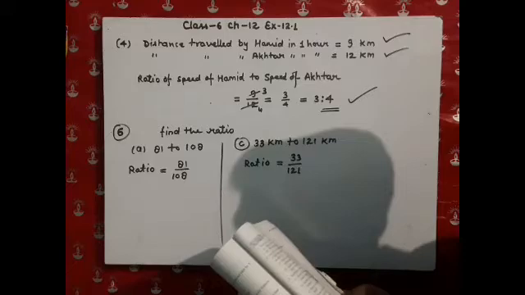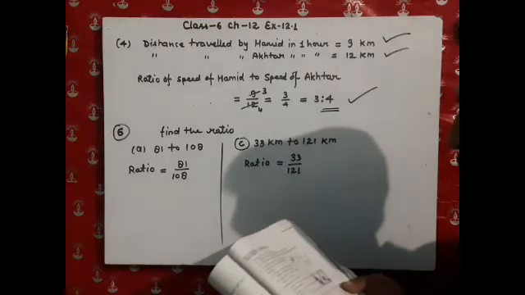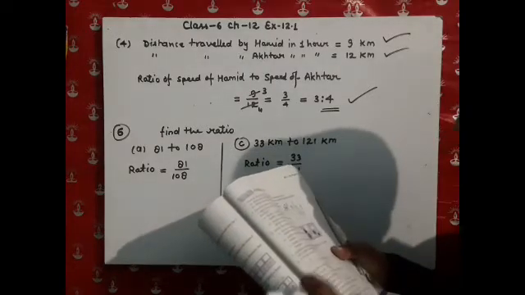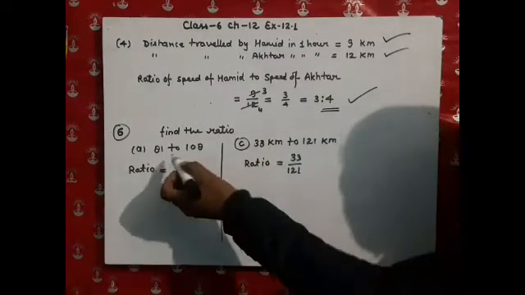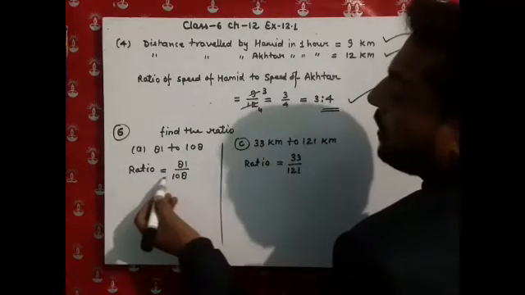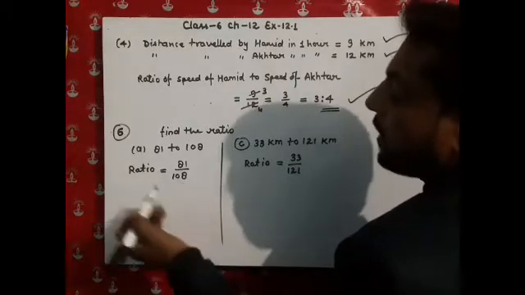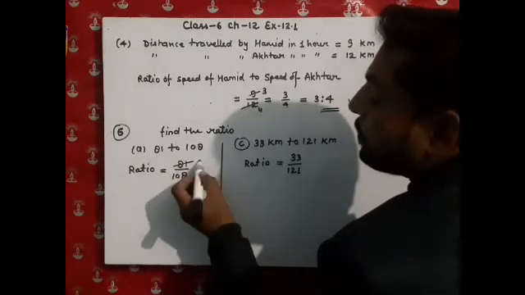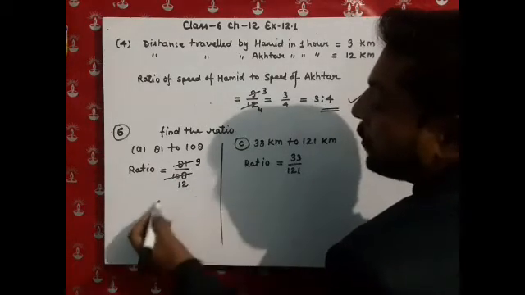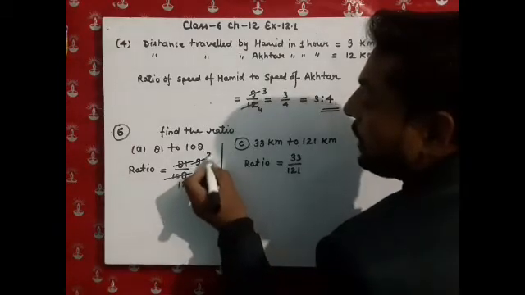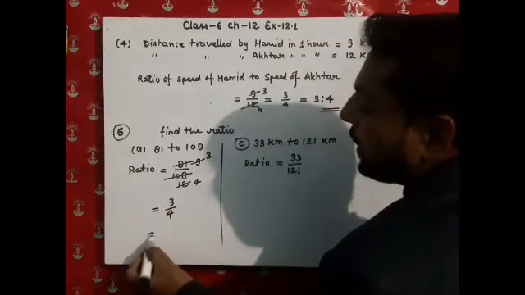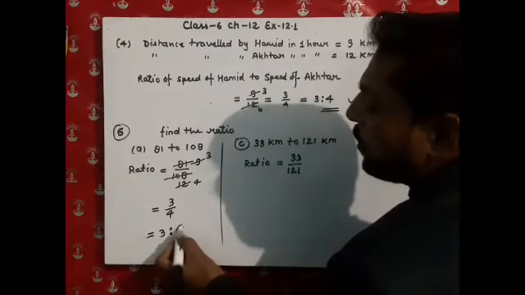Now going to question number 5, that is filling the blanks. You have to do it by yourself. Now going to question number 6. Here question number 6 is saying find the ratio of the following. So I am taking the first part. Here the numbers given are 81 to 108. So ratio will be 81 upon 108. Now 9 9s are 81 and 9 12s are 108. So that becomes 9 upon 12. Now again it is divisible. 3 3s are 9, 3 4s are 12. So answer will be 3 upon 4. Now we can write in the ratio, that becomes 3:4.